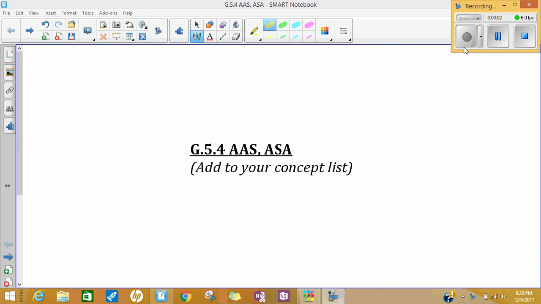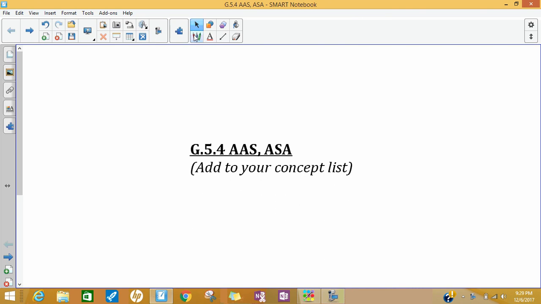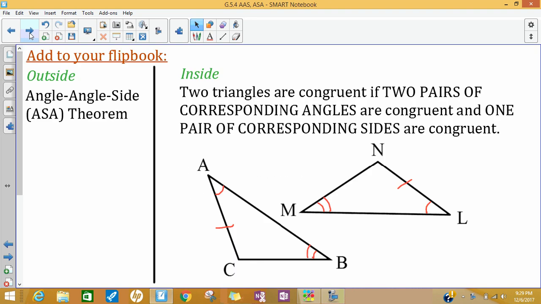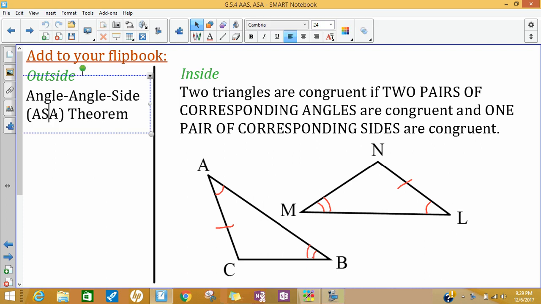Hey, all, today we're going to add two more theorems to our flipbook and talk about them, two more ways to show that triangles are congruent without knowing all of their parts. So the next theorem here is the angle-angle-side theorem. And sorry, let me fix this. It should say AAS,